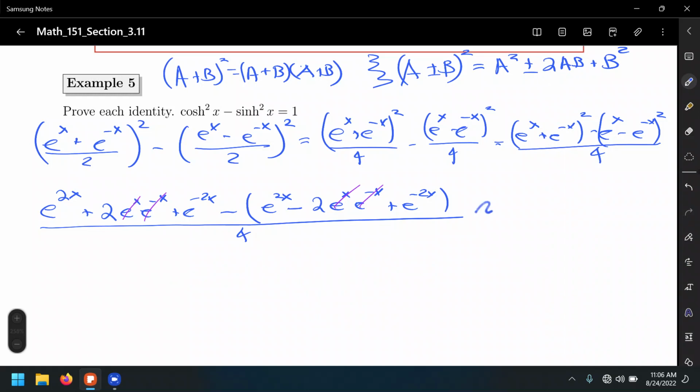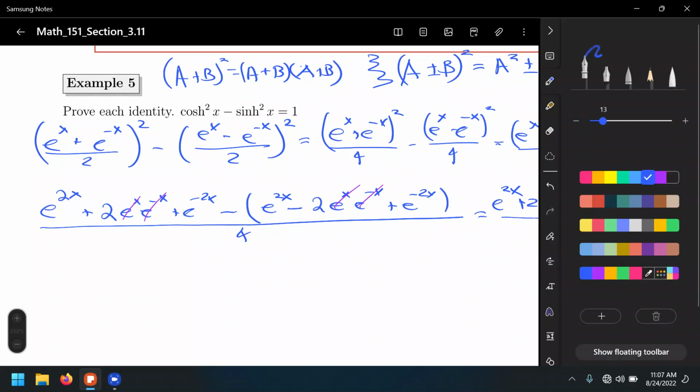So in this case we will end up with the following: e to the 2x plus 2 plus e to the negative 2x. And in this case I'm going to distribute the negative over all the terms right here. So negative e to the 2x, negative times negative is positive, plus 2, and negative times positive is also negative e to the negative 2x, the whole thing over 4. And we will further